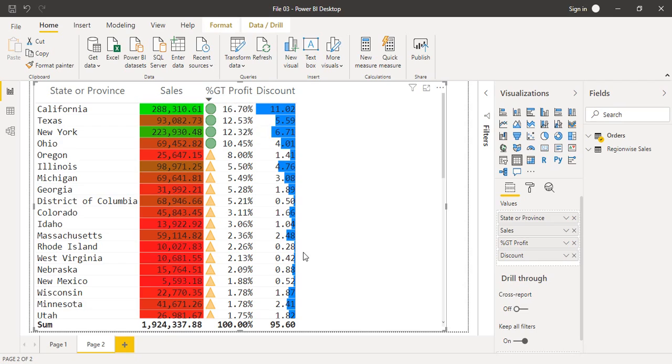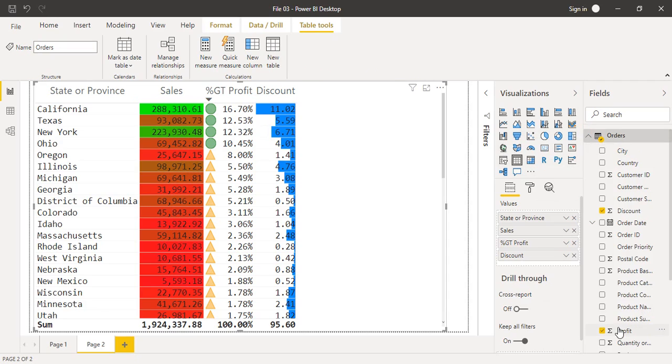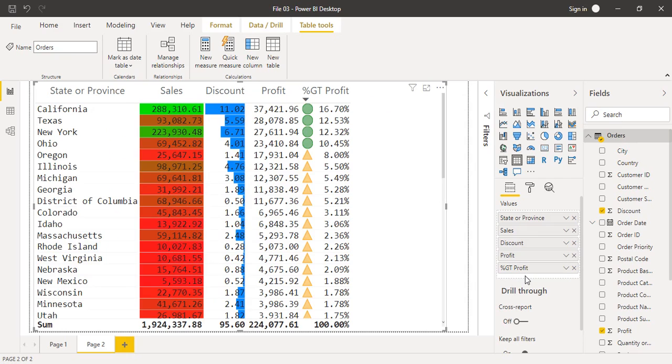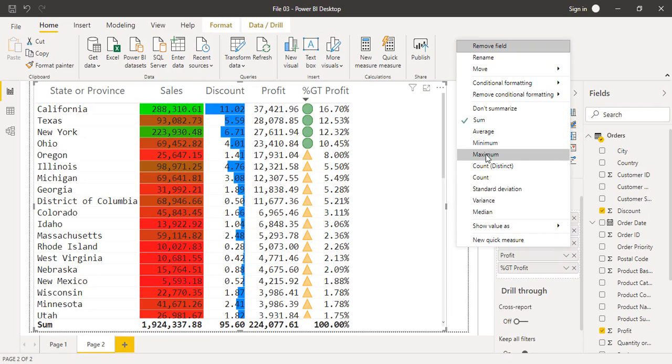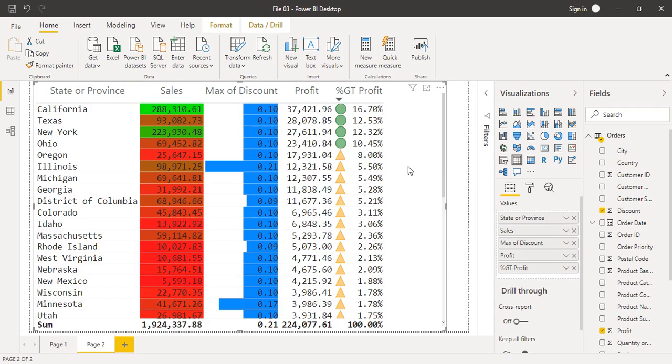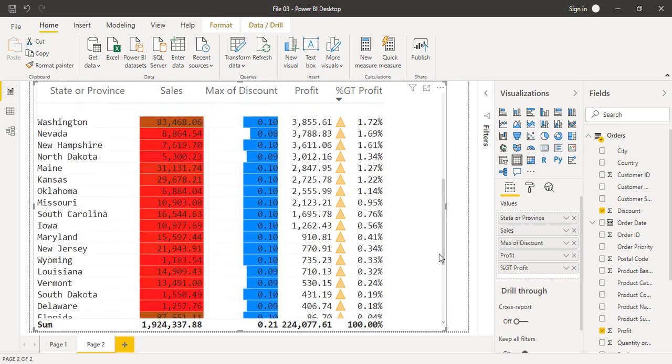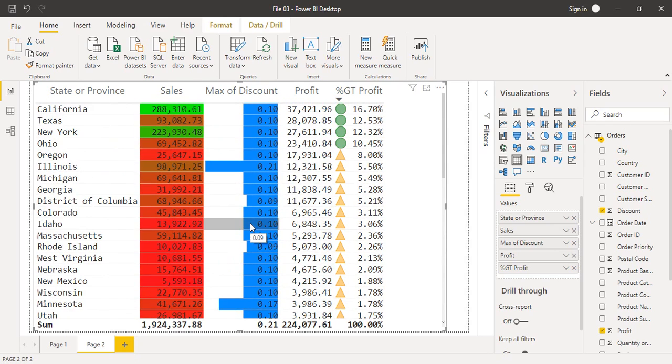Suppose you want to show something else, like instead of the percentage of profit, you also want to show its numerical value and the percentage as well. Then you can just drag this profit once more into the value column, and you can see now the value is shown as well as its percentage is shown. You can just change its order as well. Suppose for the discount you want to show on the basis of maximum, then actually there is no change, because there is this change on the basis of the maximum discount, that what is the maximum amount of discount, and that has been presented over here.